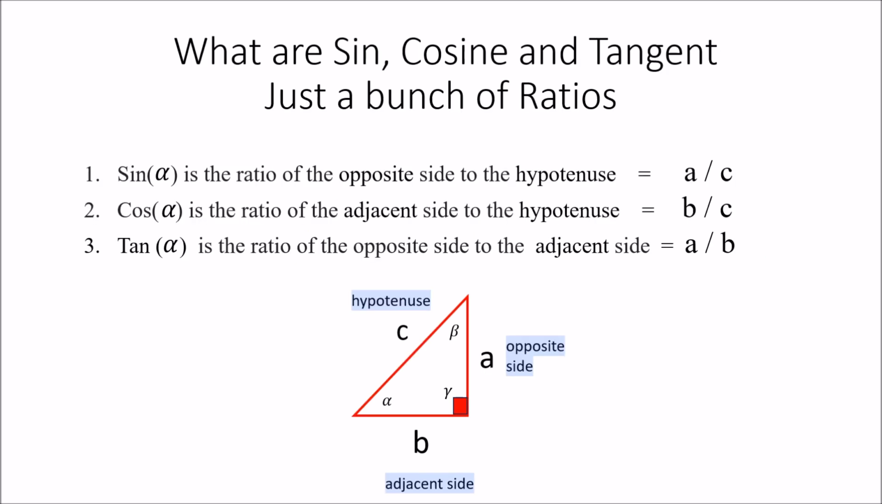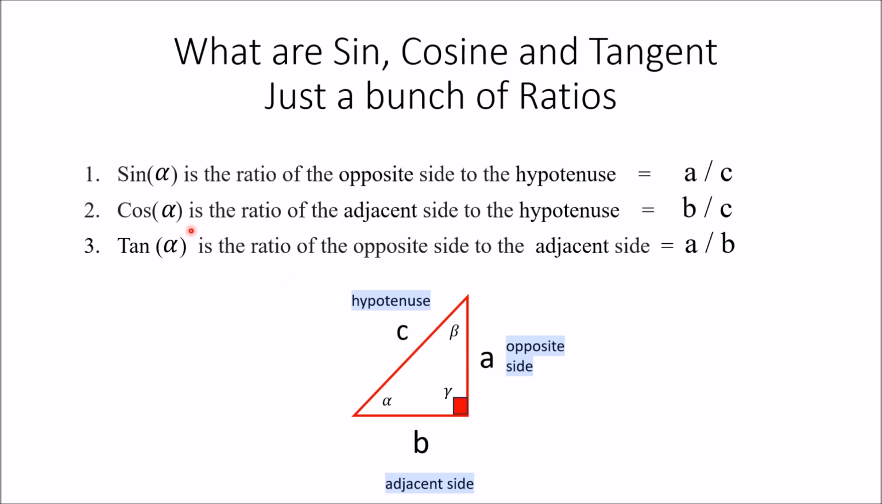Okay, so now we're going to talk about some ratios. And these ratios are given funny names, but they're basically just ratios. They're called sine, cosine, and tangent. Sine of an angle, in this case I use A for alpha. Sine of alpha is the ratio of the opposite side to the hypotenuse. So the sine of this angle here, A, is simply the ratio of A over C, the opposite side over